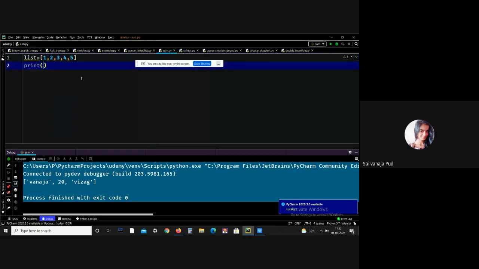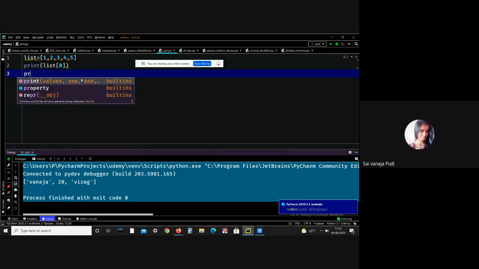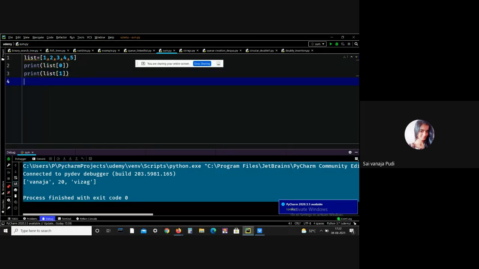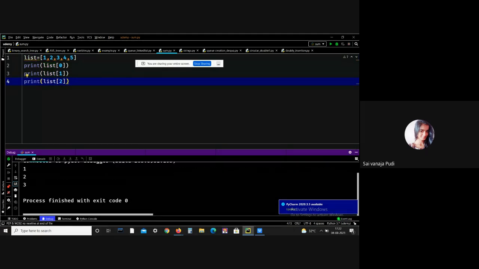I'm printing the first index value. Next, I want to print the second element. See, we got the output 1 2 3, meaning zeroth index is 1, first index is 2, and second index is 3. This is all about indexing.